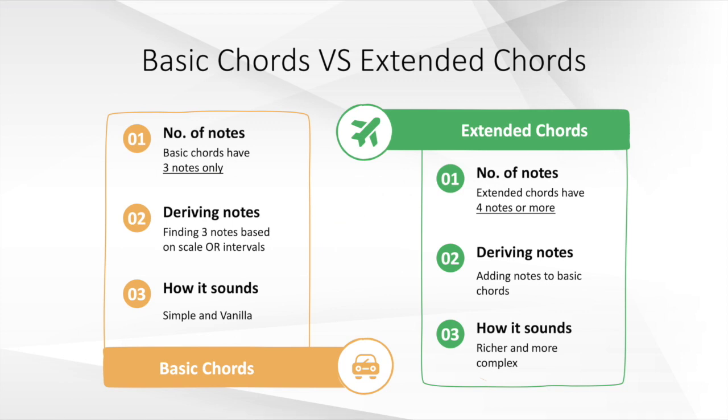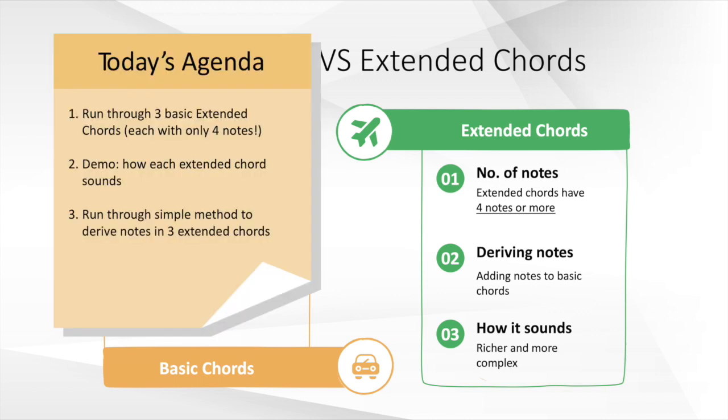Simply put, basic chords have 3 notes, and extended chords are just basic chords, but with more notes added to them. Extended chords can have 4 notes, 5 notes, 6 notes, or even more. But for today, we'll be diving into the basics of extended chords, and we'll be focusing only on 3 of them. Don't worry, as the 3 types of extended chords that we are running through today only have 4 notes each. To get the most value out of this video, you should already be kind of familiar with deriving basic